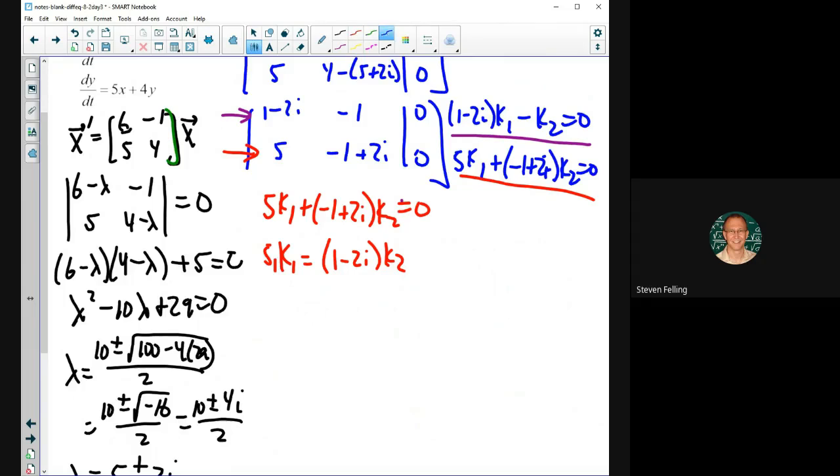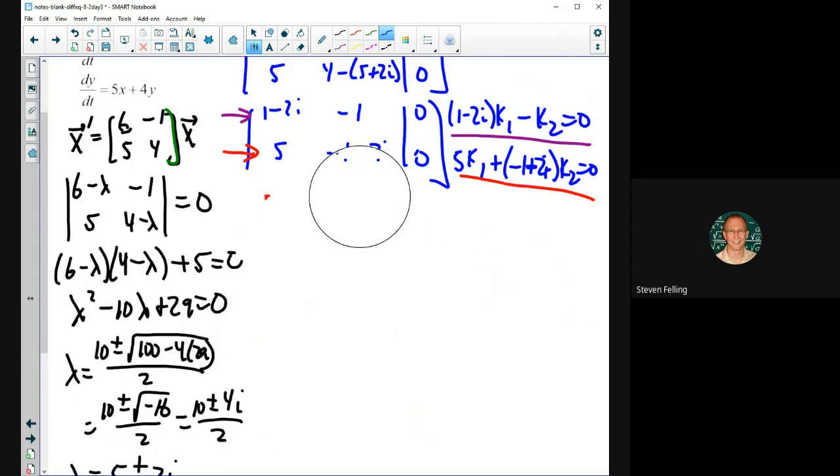So I made a mistake there. This is minus here. This is minus. This is still minus. Let me get that right. In fact, let me fix it up here. Right, this is 1 minus 5 plus 2. So that is in fact a minus there, not a plus. Minus 1 minus 2, right? This is 4 minus. There we go. Okay. So now we've got